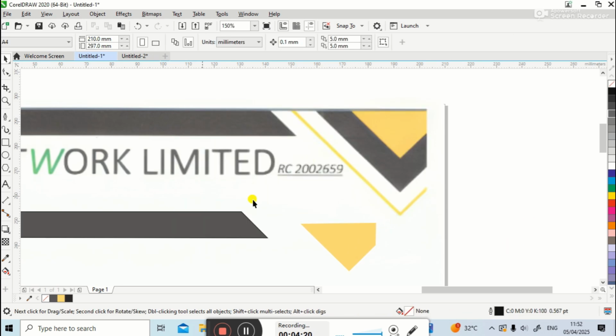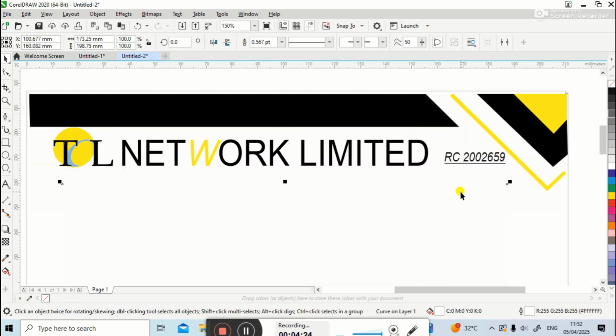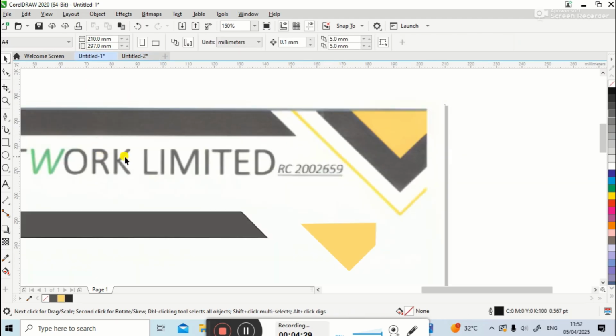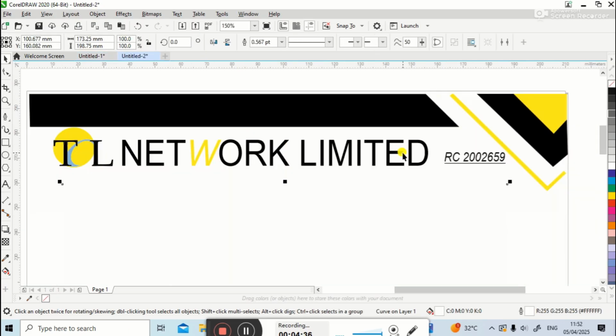If I do the same for all of these, I will end up having this kind of thing that you're looking at. So in this case, I've converted this. At the end of the day, I would have converted this bitmap image to the vector. You can see the presentation is clean and